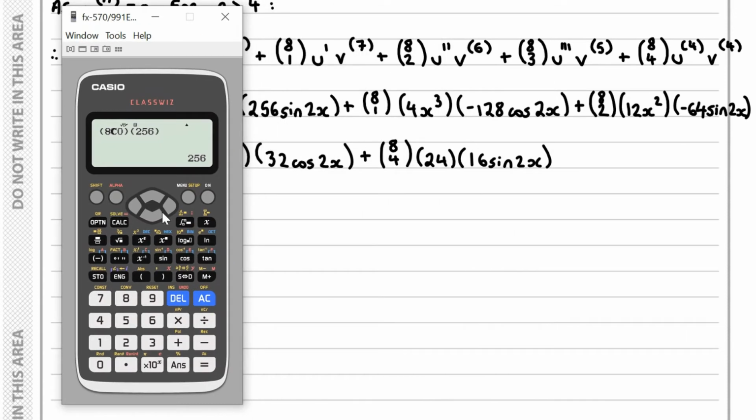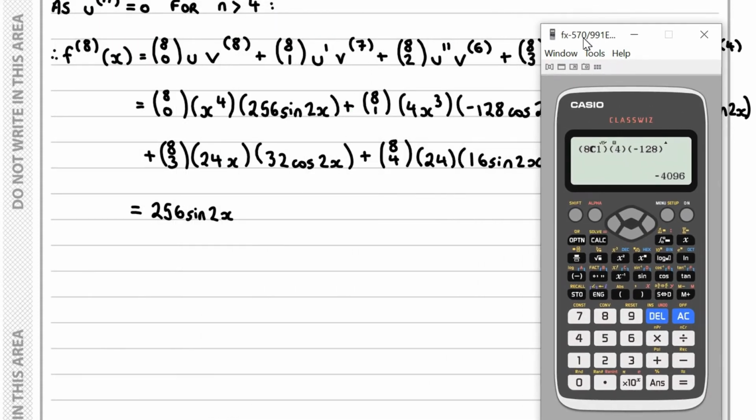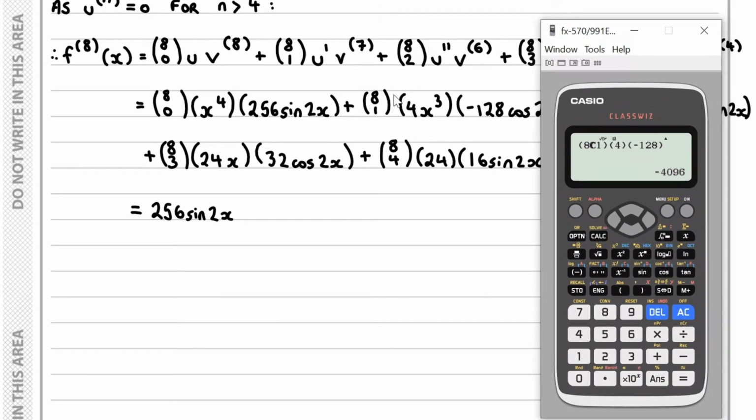For the next one, we have 8 choose 1 times 4 times minus 128. So it turns out here we've got 256 x to the 4 times sine 2x,